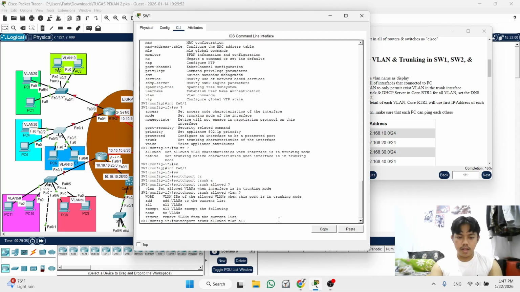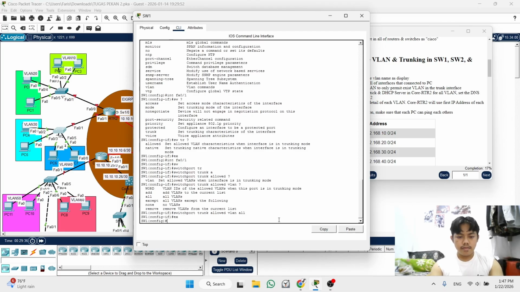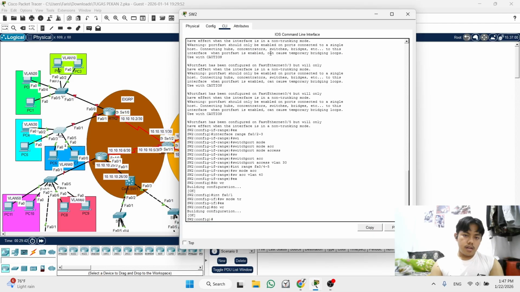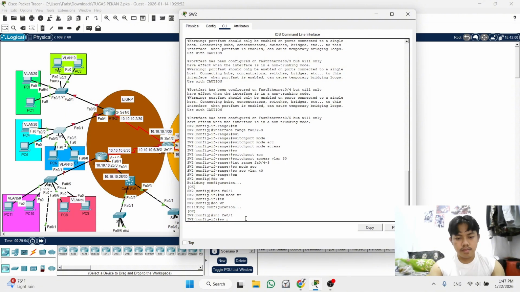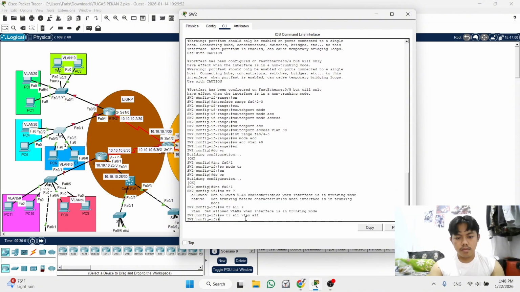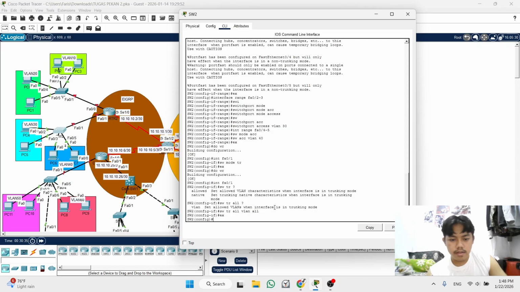Okay, and then enter. Nah, you do this also to switch 2 and then put the permission. Okay, guys, after we configure allowed trunk,